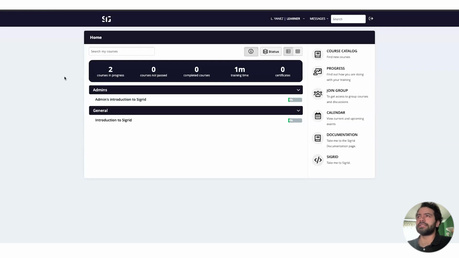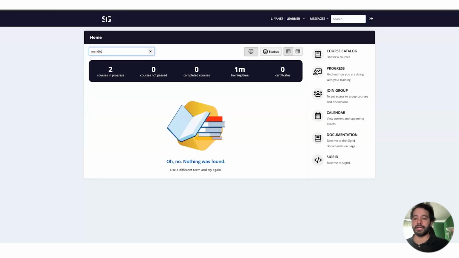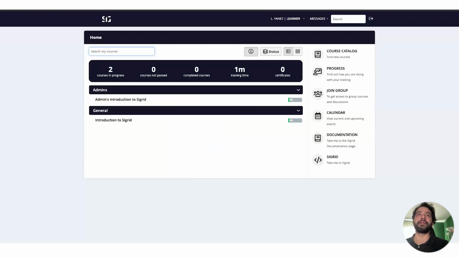Last but not least, you also have the possibility of searching courses using the search bar at the top, both up here and over here. You can search for any course. So we could say, maybe let's talk about, we want to know about Mendix.